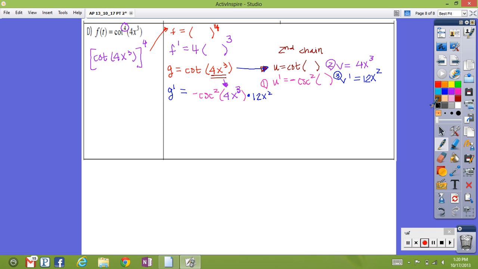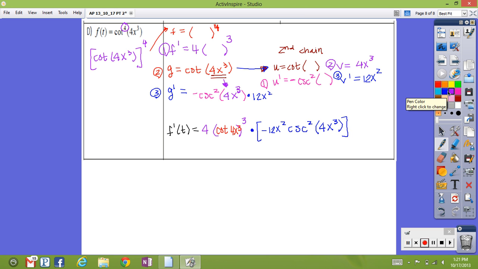So to find f prime of t, now we use step 1 again, 4 cubed, then step 2, which is cotangent of 4x cubed, and then third step, multiplied by negative, and I'm just going to bring this 12x squared to the front, cosecant squared of 4x cubed,